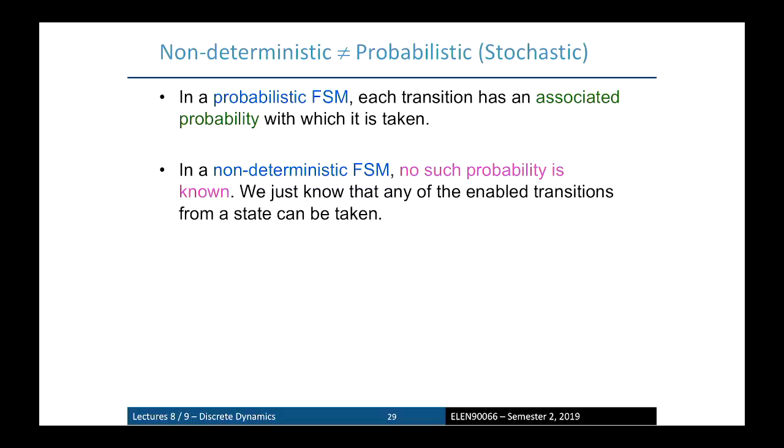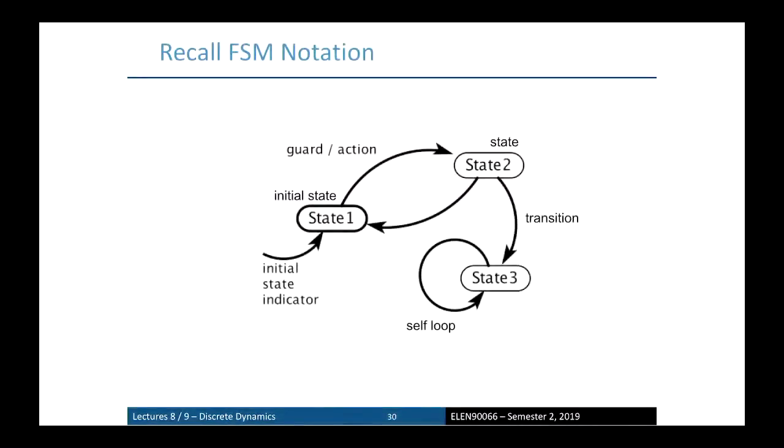It's true, true. It's X, X, or not Y, right? It's equally probable going... well, you don't know. I shouldn't say equally probable. You don't know. There's an external mechanism that's driving it. Okay. So in non-deterministic FSMs, no such probability is known. Indeed, there's nothing on the diagram that gives you that info. Okay, so